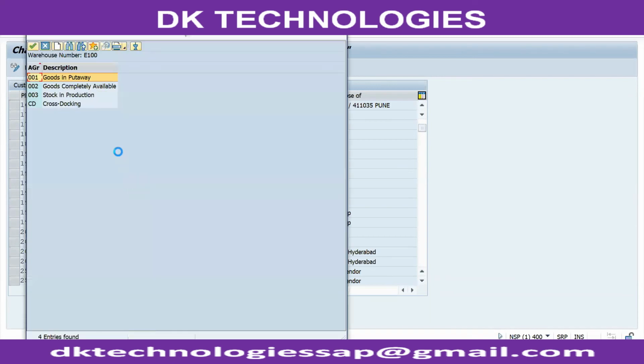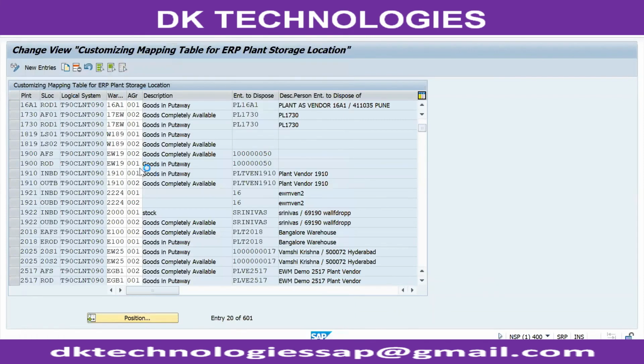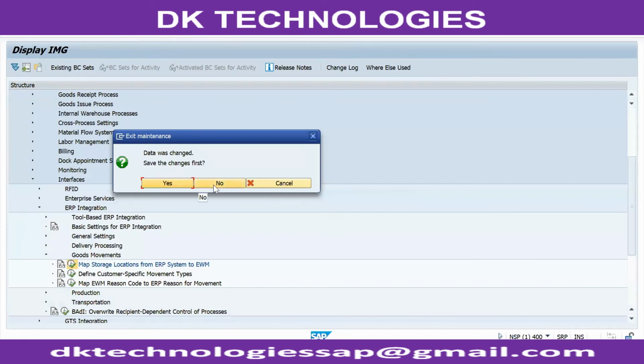E100, okay, we'll copy from E100 because in our warehouse the availability group is not available, or somebody might have deleted it. That's why while copying a warehouse you should be very careful.